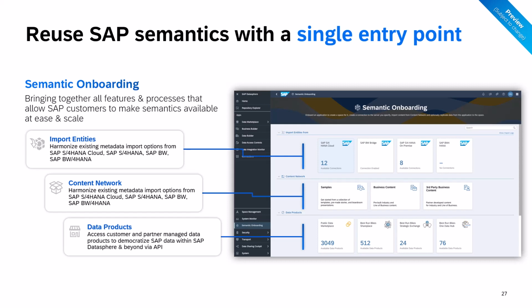Every one of these areas is using or reusing semantics, and we want to bring that together in one single entry point, in one single area which we call Semantic Onboarding, which will hopefully make it to the system in Q4 this year, hopefully around the TechEd timeframe.